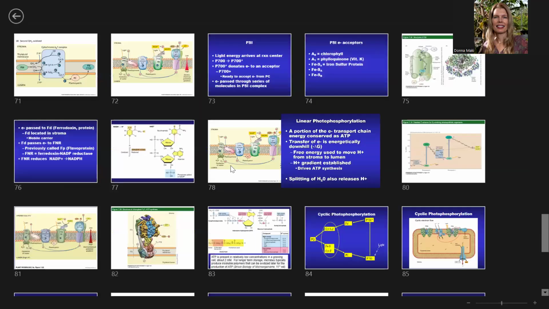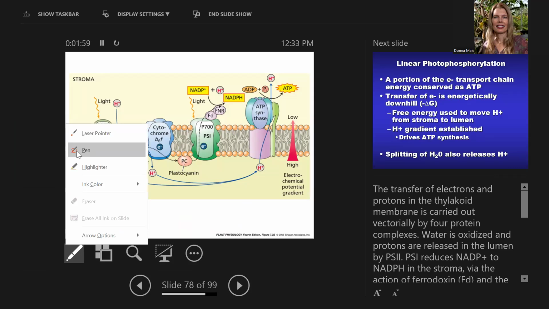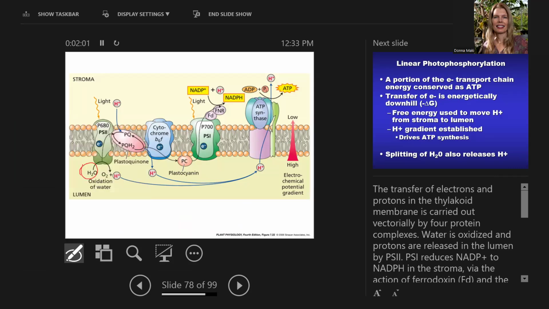So when you look at the linear flow of electrons, starting with water and then going all the way to NADP plus, you can see that there is transport of protons from stroma to the lumen. And the Q cycle plays a big part of that, because as you have the Q cycle happening with the PQ coming in,